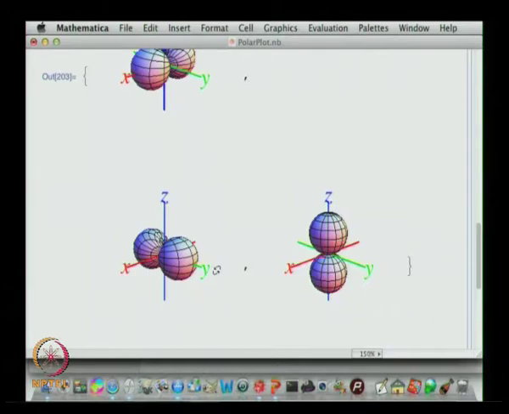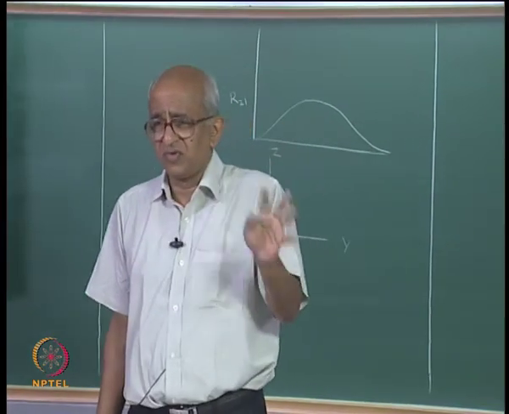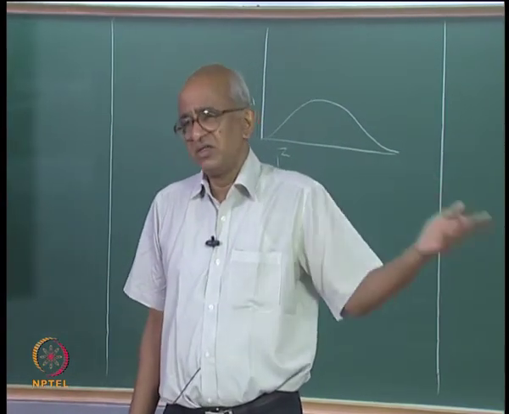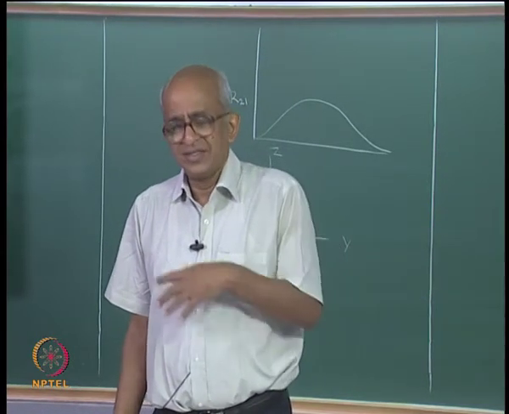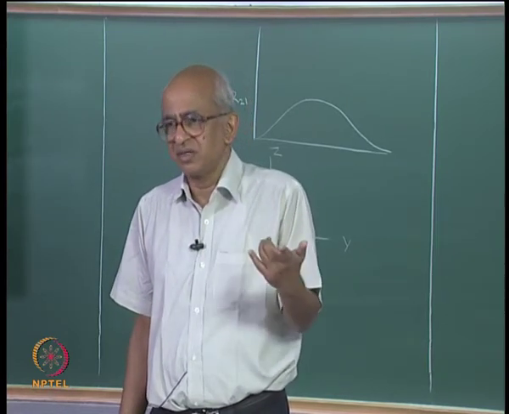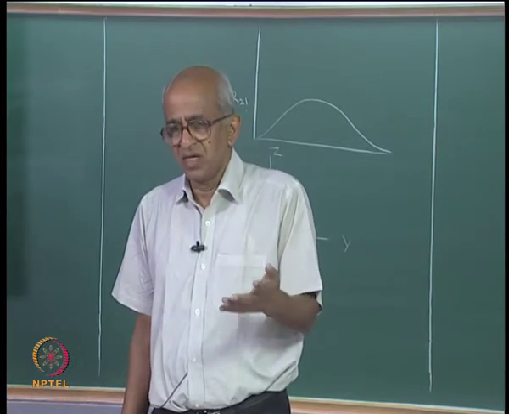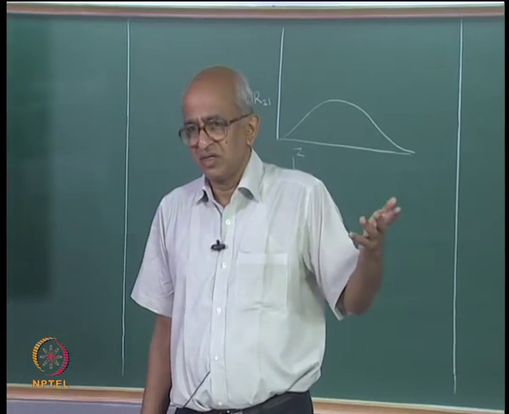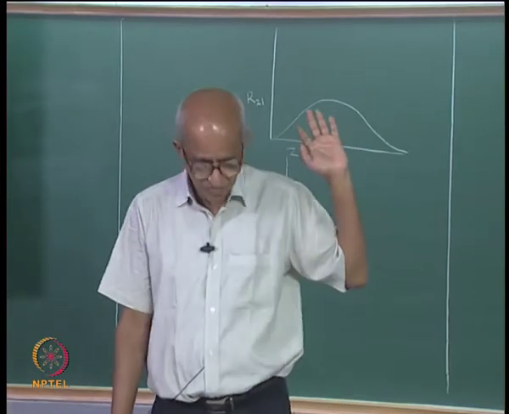Now we will look at n equal to 3, but before I do that, let me remind you, in this case we have found 4 atomic orbitals. Remember, n equal to 2 has 4 atomic orbitals, n equal to 1 has only 1 atomic orbital, and in general for any value of n you have n squared atomic orbitals. For the hydrogen atom, if you give me any value of n, you have n squared. That means if I had n equal to 3, I would have 9 atomic orbitals.